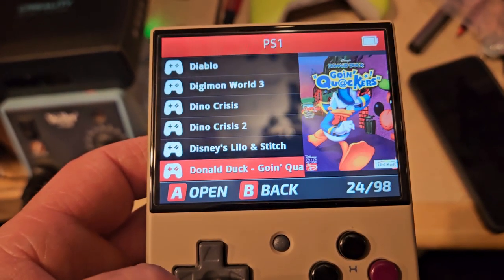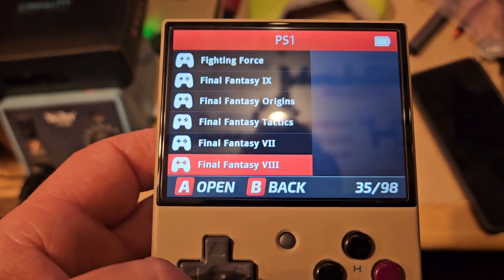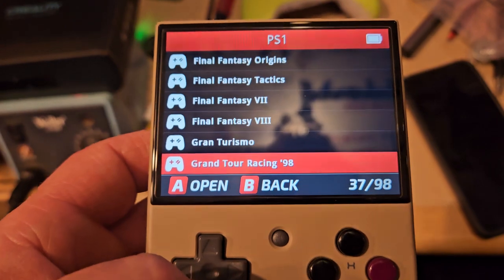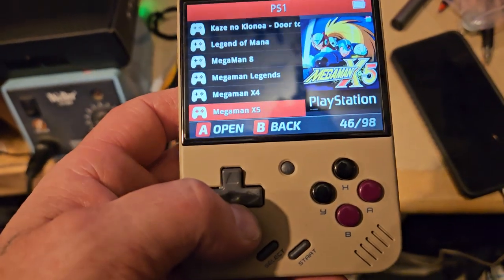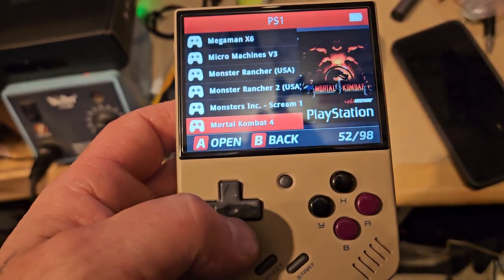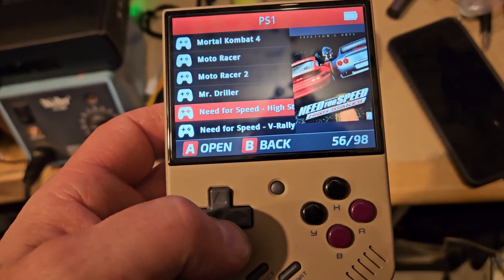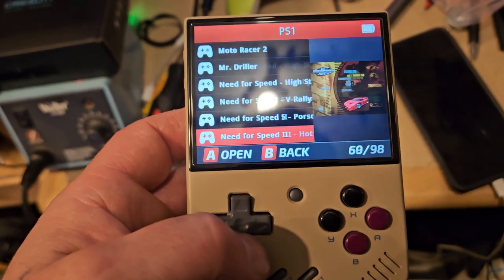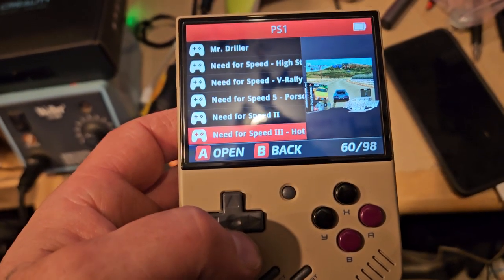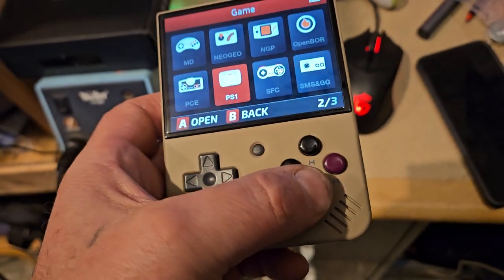And the one that I wanted to see was Need for Speed Underground. We got Gran Turismo. We were playing Need for Speed Underground on the computer earlier. It was really bad. And on this one, it's actually pretty good, but it's also for PlayStation. So Mortal Kombat, Moto Racer, Need for Speed, Need for Speed High Stakes, V Rally, Need for Speed Porsche, Need for Speed 2, Need for Speed 3 Hot Pursuit, and that's it for that one, so it doesn't actually have it. Go back, let's see,